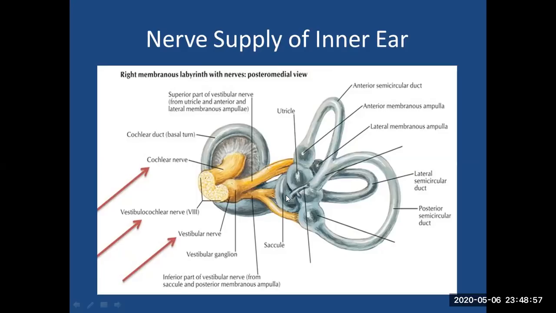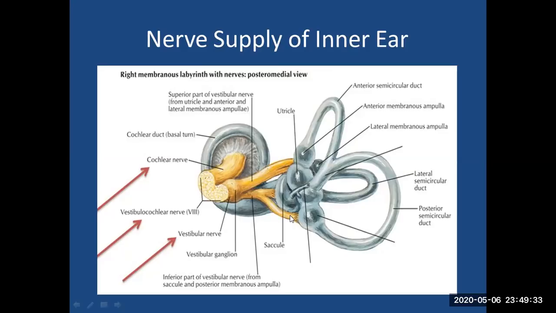It is also important to note that, as I mentioned earlier, the saccule receives dual nerve supply from the superior vestibular nerve and also from the utricular branches. The saccule also sometimes receives its nerve supply from the cochlear nerve branches. This anastomosis is called Oort's anastomosis. It contains the efferent fibers from the cochlea which may supply the saccule.